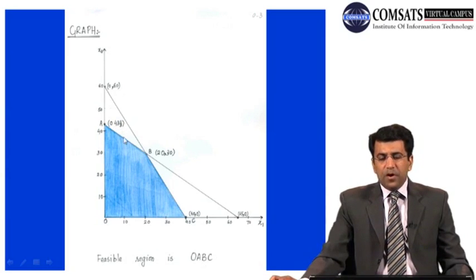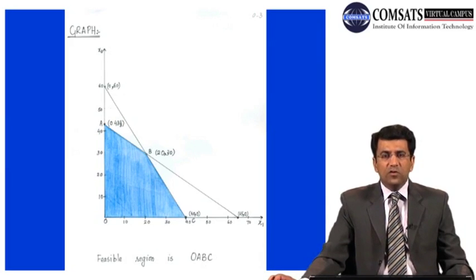Another corner point within that feasible region is the point B. But at this point of the problem, we don't know the values of B, that is, the x and y coordinates of B, but we know that this is the point of intersection of both of the lines. So of course we can calculate the value of B, that is, what the x coordinate and the y coordinate are for this particular point B. So this point B is the point of intersection of both of these lines or constraints.